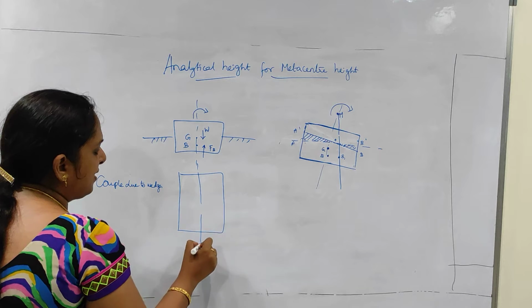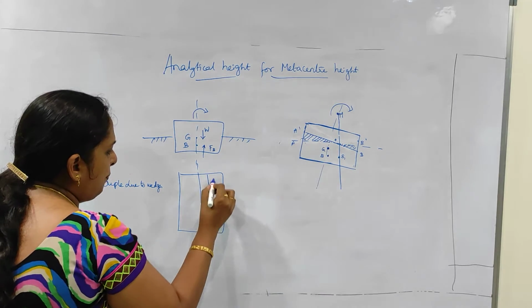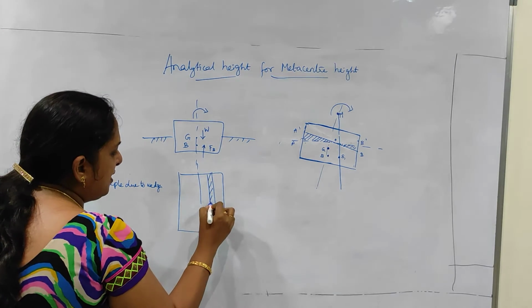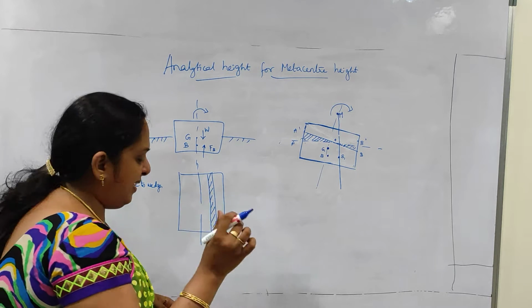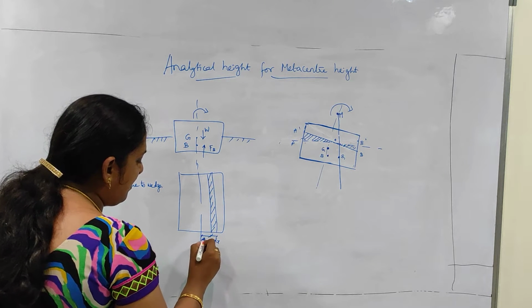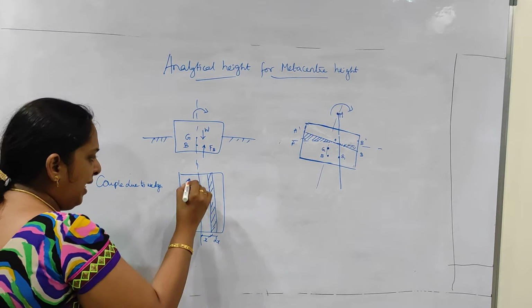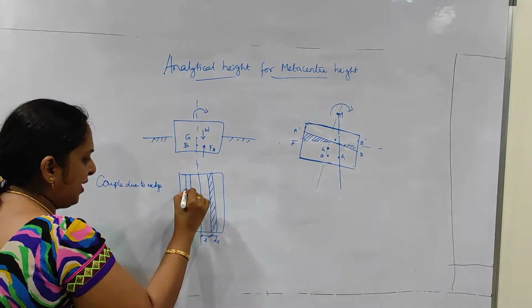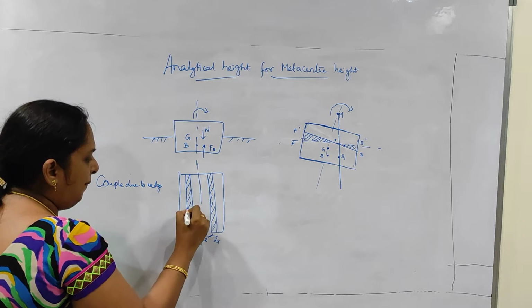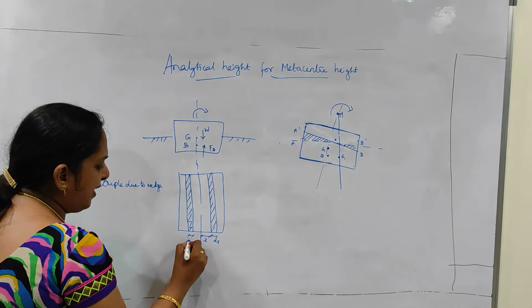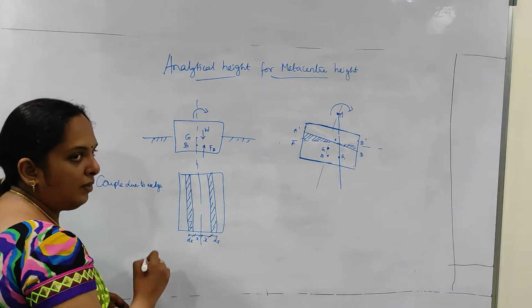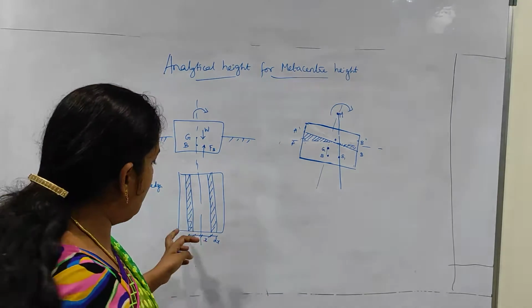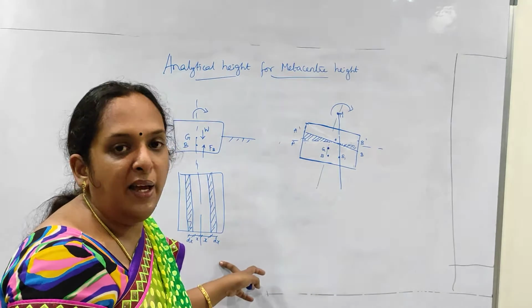So this is my axis. I am just going to take a strip here. The thickness of this strip is dx and this distance is x. Similarly, I am going to take one more strip on the left-hand side. The same thing: here the thickness is dx and this distance is x. So I am going to consider two strips. First we will look at the first strip.